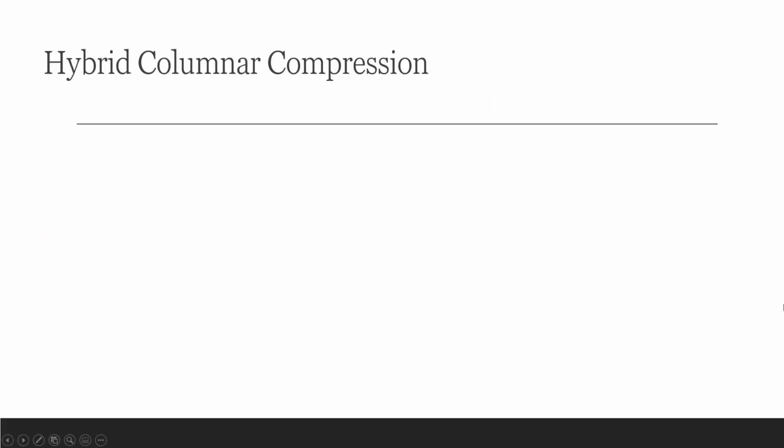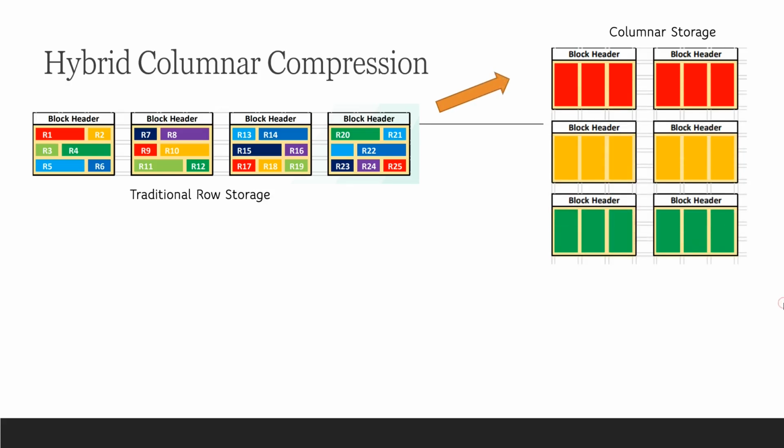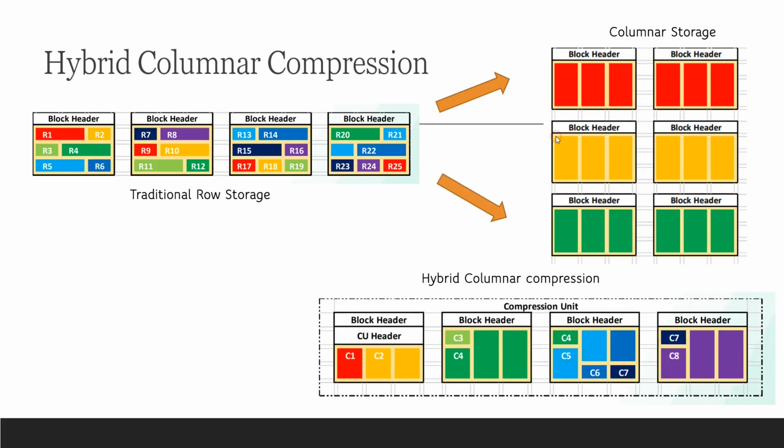Here is another schematic view of row and columnar based compression. You can see that traditionally the data is stored as rows: record 1, record 2, record 3, record 4. All the column values are stored sequentially. Whereas in the columnar format, it is purely column based data. So all the column based records like R1, R9, R17 and R25 are stored inside the columnar storage. In the same way, R2, R10 and R18 are stored over here. But the problem with columnar based storage is that we are not able to sequentially read or write the data into it, like with frequent DML operations.